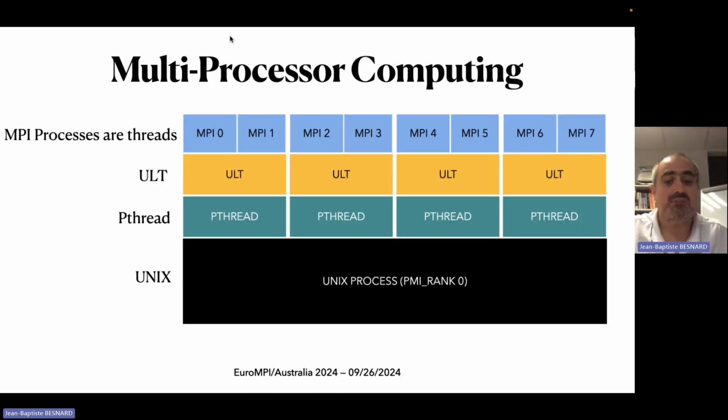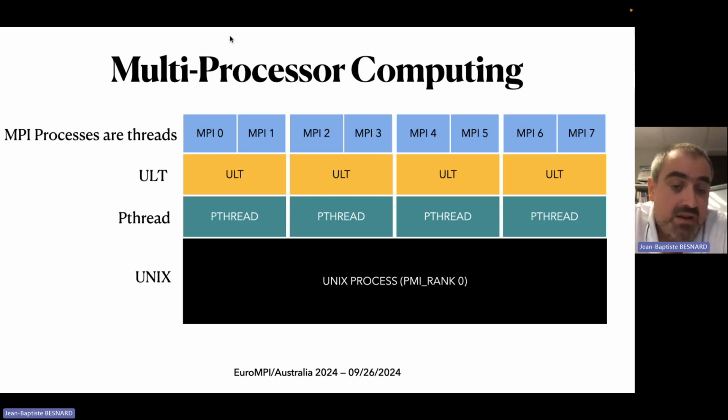And so what is MPC? MPC is an MPI implementation which runs on user-level threads, so it is a thread-based MPI. In this case, when you launch your parallel application, you will naturally launch Unix processes, but these processes will not be MPI processes anymore. What is going to happen is that we will have a PMI rank given by Slurm or whatever launcher you have, which is different from the MPI process rank,